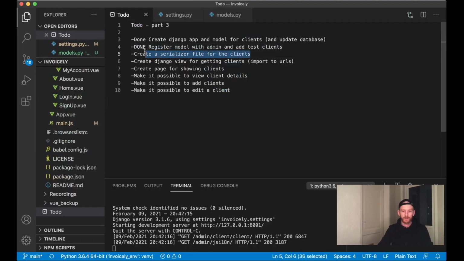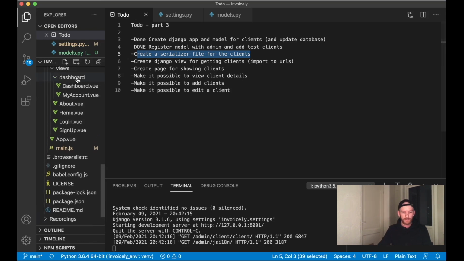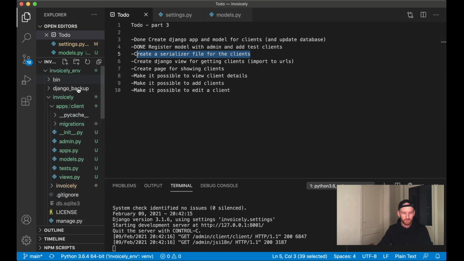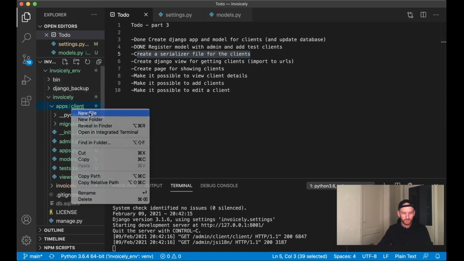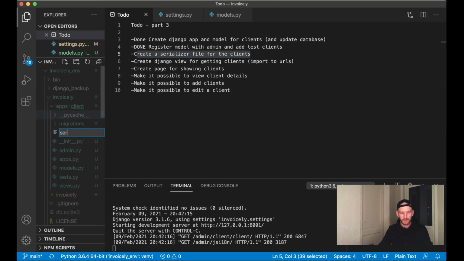And now we want to create a serializer file for the clients. A serializer helps us get information from the database and convert it to JSON so we can present it to the API. So if I just scroll up and find a client folder, and in here I create a new file called